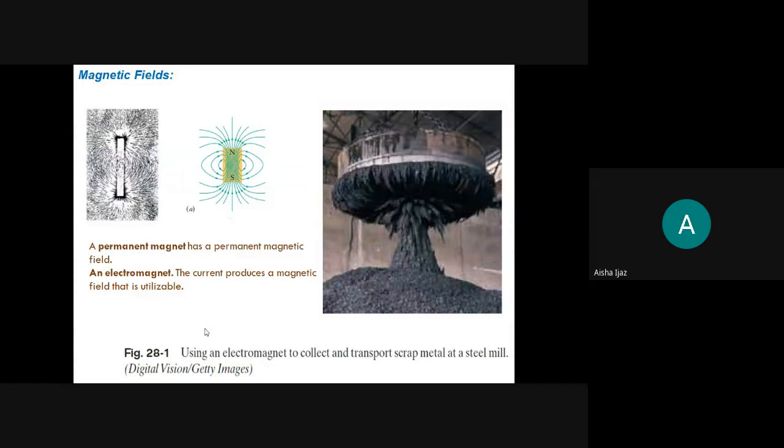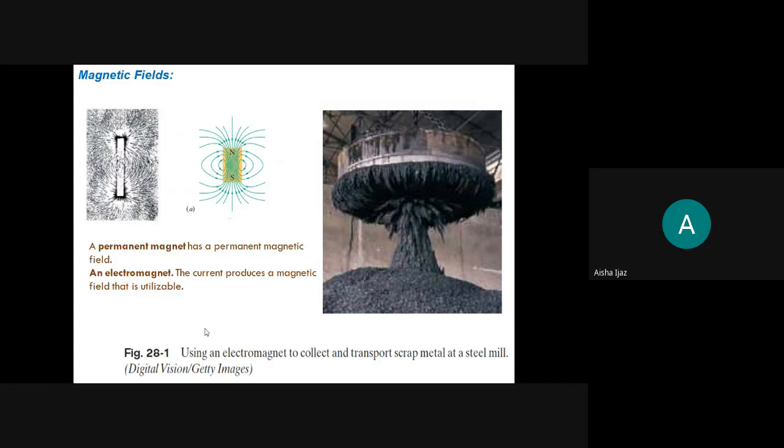Remember, we discussed the electric field as force per unit test charge, because there were point charges, a single electric charge existing there. So if a single magnetic charge existed in nature, then there would be no problem. We could define the magnetic force per magnetic charge as the magnetic field. But this is wrong. Why am I saying this is wrong? The reason is that no monopole exists up till now.